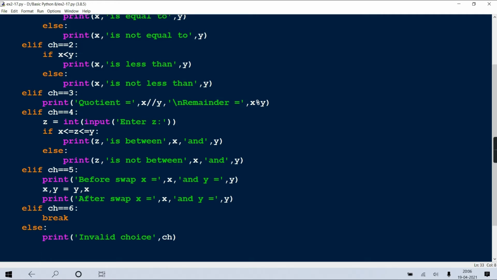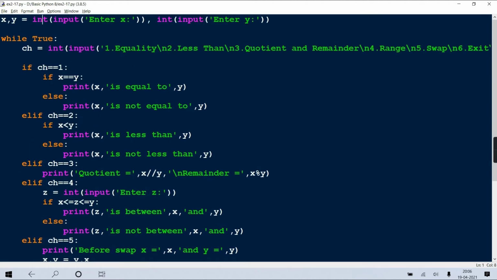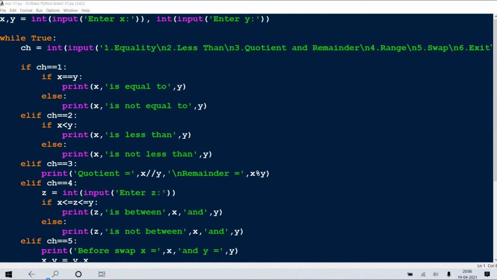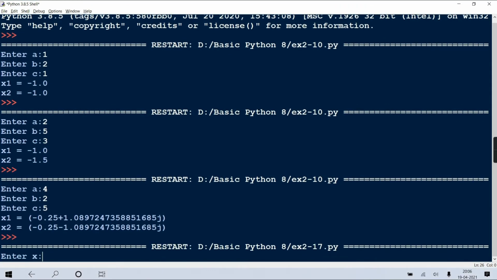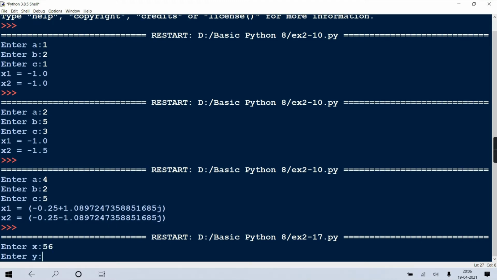Okay? Is it right, all of you? Yes. Just we'll try to test it, whether it is performing all the operations properly. So first I have to give some values, like x, suppose I'm giving 56 and y I'm giving 45.